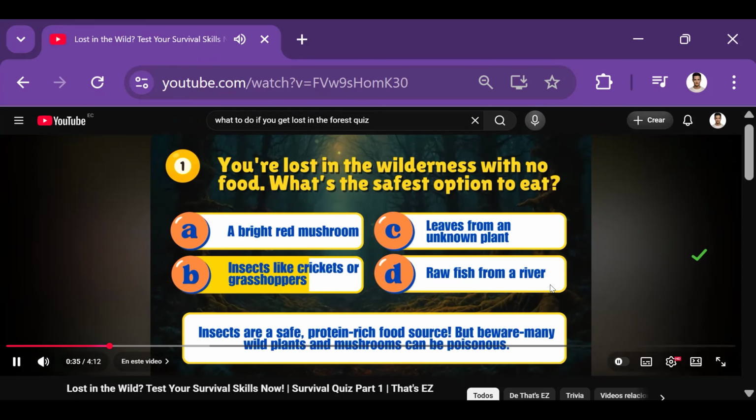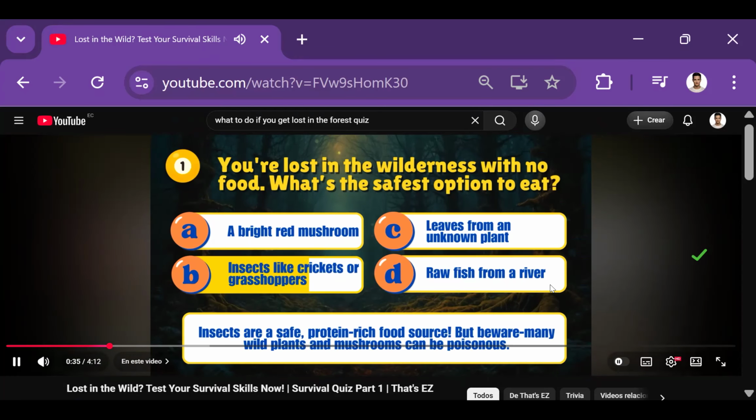Although you may tell me, no, teacher, are you crazy? I don't want to eat insects. They are a safe protein-rich food source, okay? In the case of plants, it's not a good option because they may be poisonous. And in the case of raw fish, first of all, I think it's very difficult to catch fish,